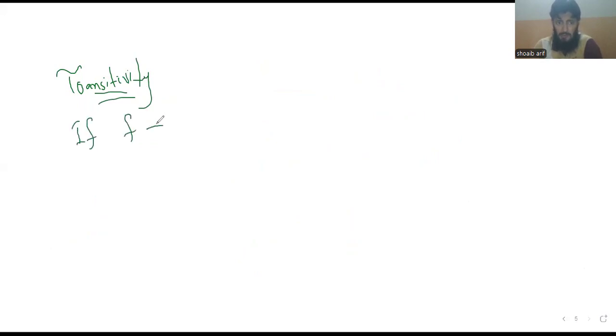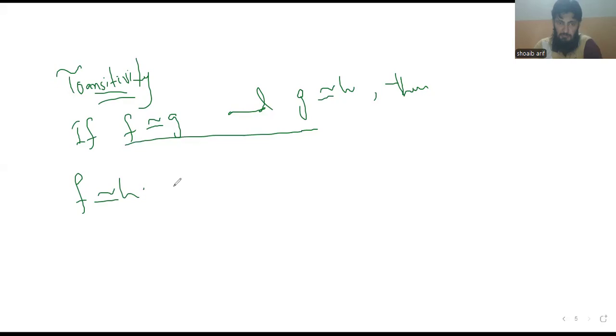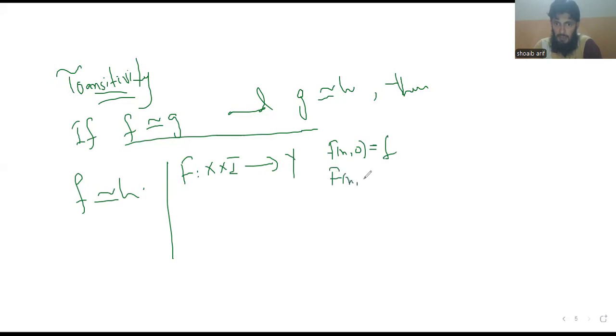So if f is homotopic to g and g is homotopic to h, then we need to show that f is homotopic to h. According to the given conditions, F is a homotopy. F is a continuous map from X cross I to Y such that F(x, 0) is equal to f and F(x, 1)